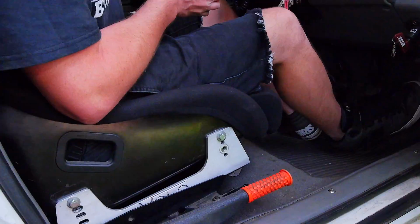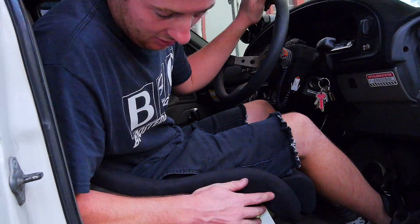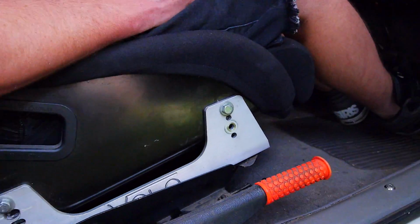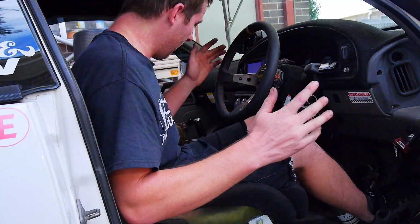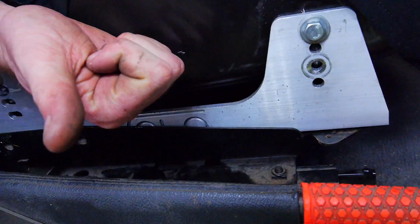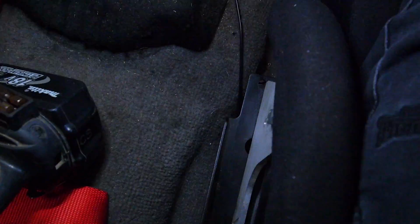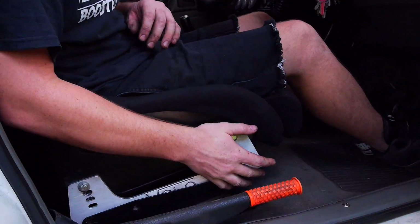Alright, so we've basically got it. I'm just testing the height now, which I'm pretty happy with, with the seat on the highest height adjustment. I'm happy with the height looking out, and there's a fair bit of room for lateral movement. If you see here, I've got the seat pushed all the way over to the right, and if you change the camera, I've got about that much room left on this side. So what I'm thinking is,